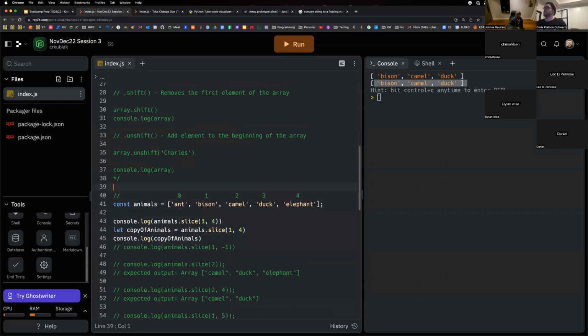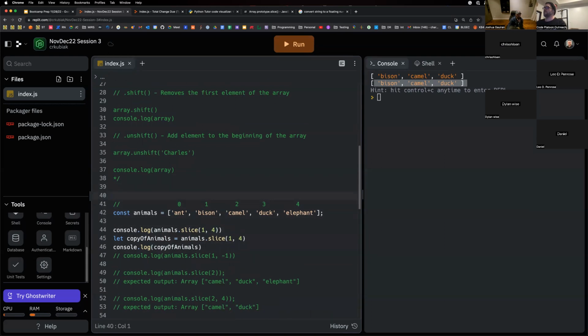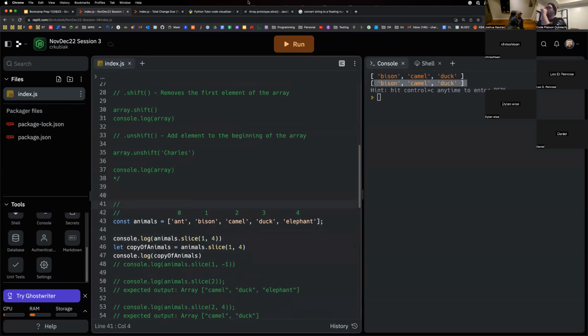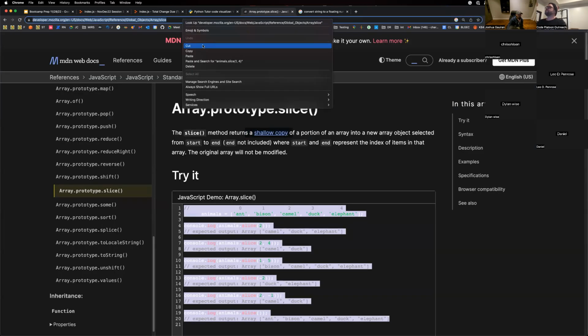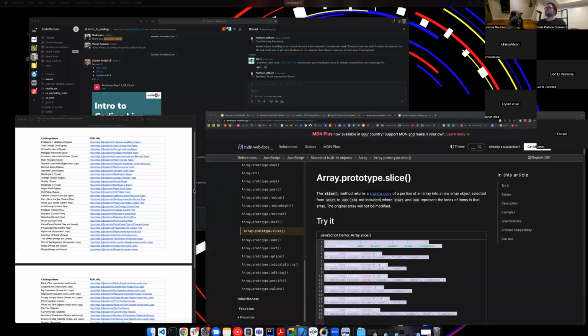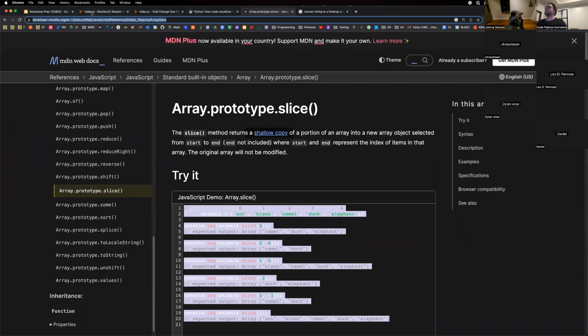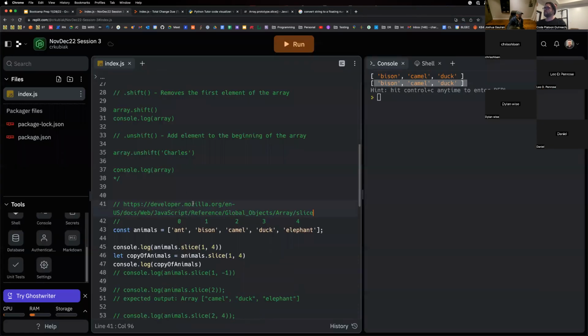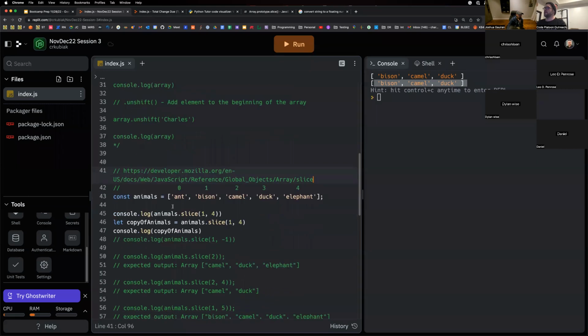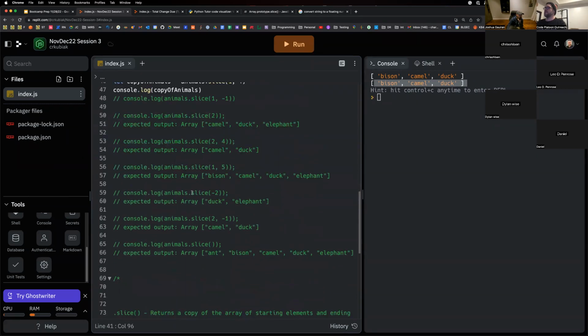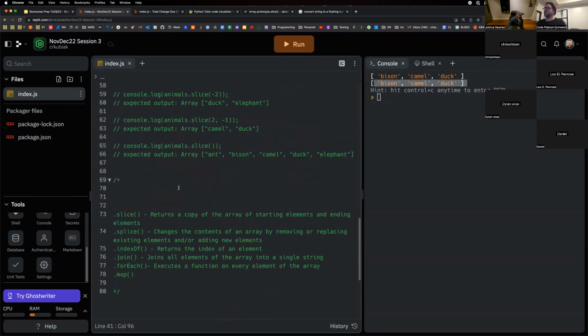And so let me do this as well. All right, we'll throw that link in there. Okay, and then so that is slice. Splice changes the contents of an array by removing or replacing existing elements or adding new elements. And so, before I hop into splice,